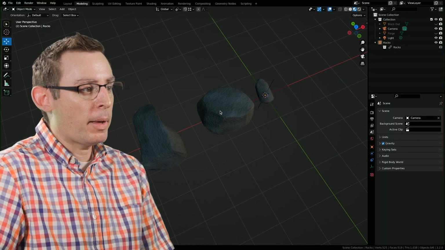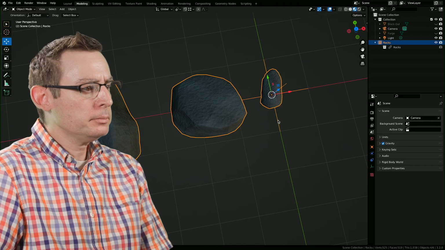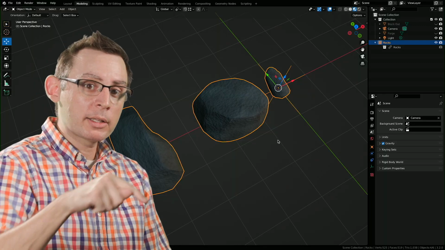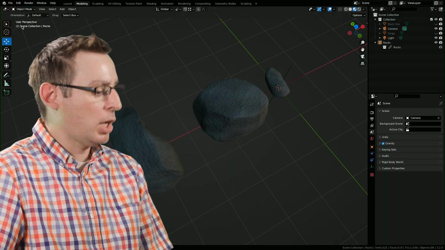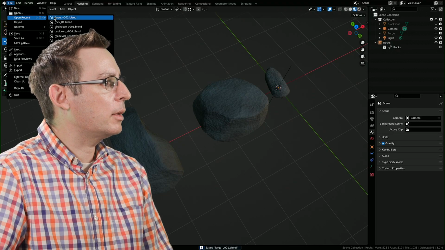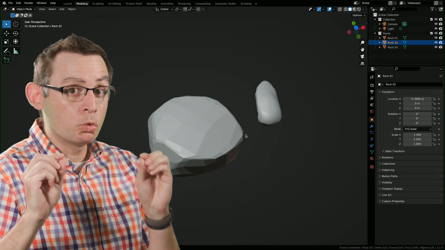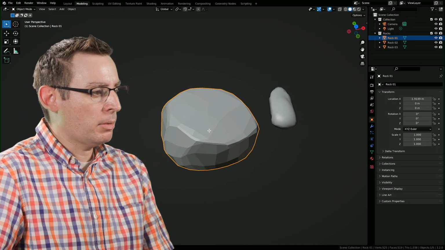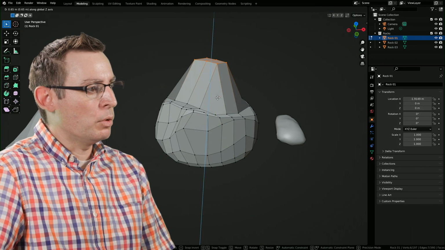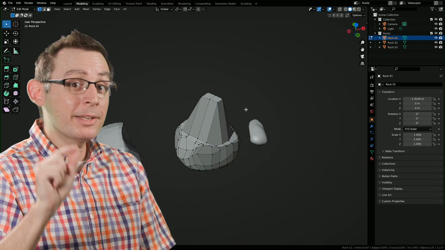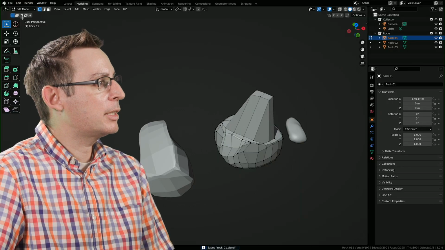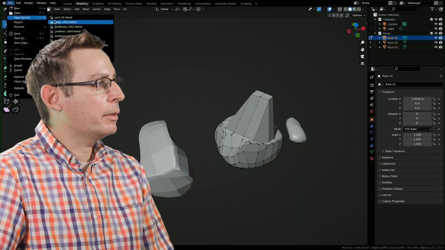Let me show you a cool thing about working with these linked files, because I can't go into edit mode when I select these. However, if I was to go back to my Rocks Blender project file and just make a wacky change, I'm going to save this, by the way, Control S to save. Let's go back into my previous Rocks Blender project file, the original, and let's just make a change to, I don't know, this one. We'll go into edit mode, grab these guys, and we'll just move them up, something like that, okay? Now I'm going to save the original and then return to my blacksmith shop project file, and you can see that things are a little bit different.